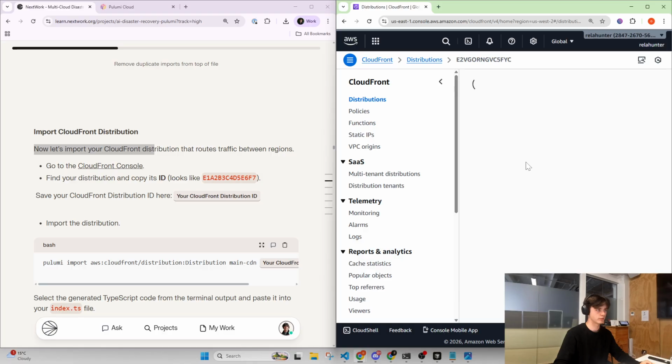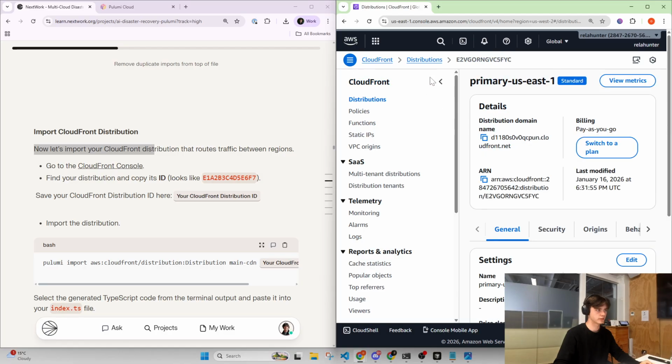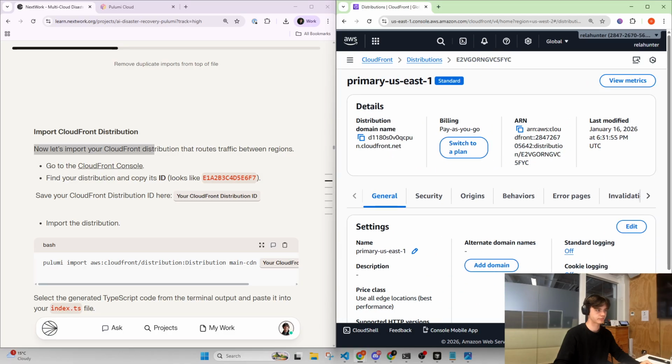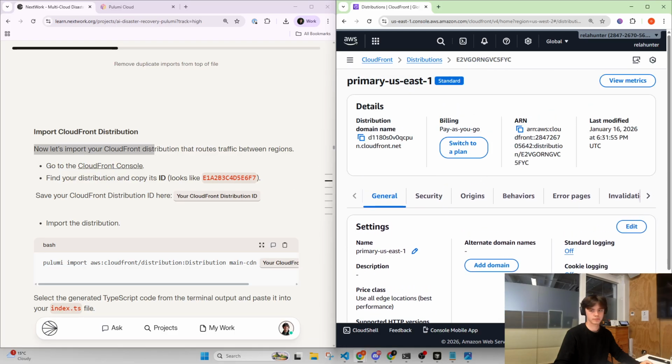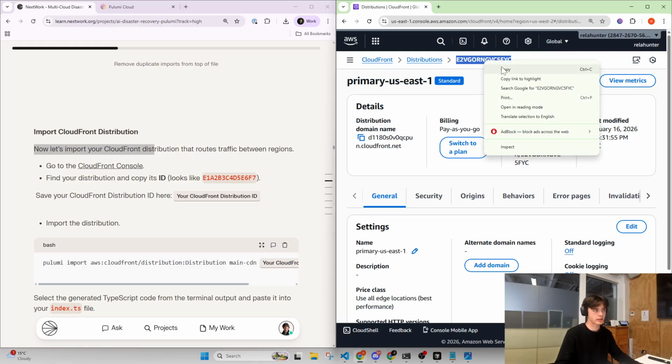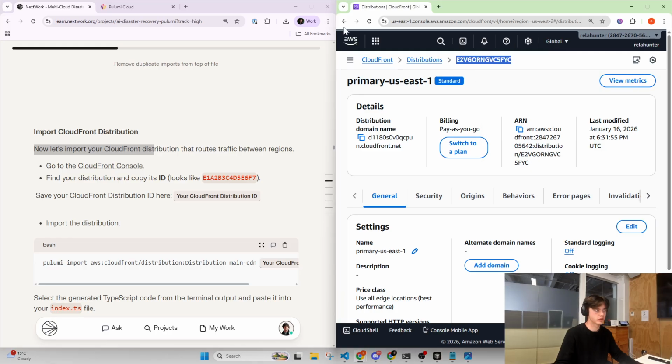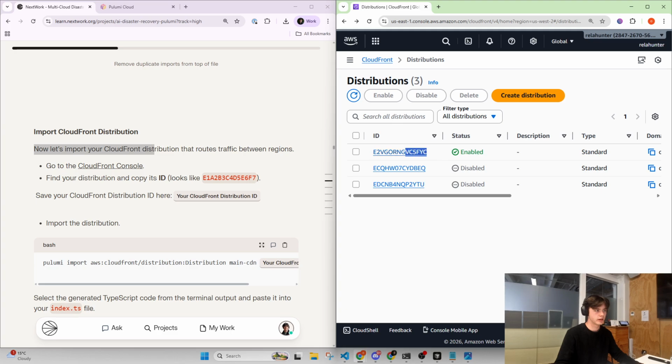We'll go to our distribution that we're running things on. Cool. So we'll just copy this ID from here. You could totally copy it from here as well. We'll just copy that, paste that in there,